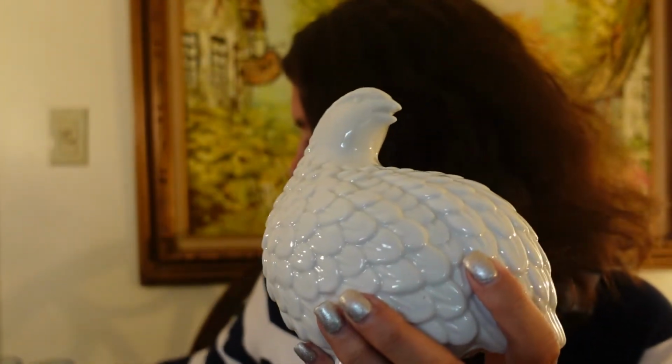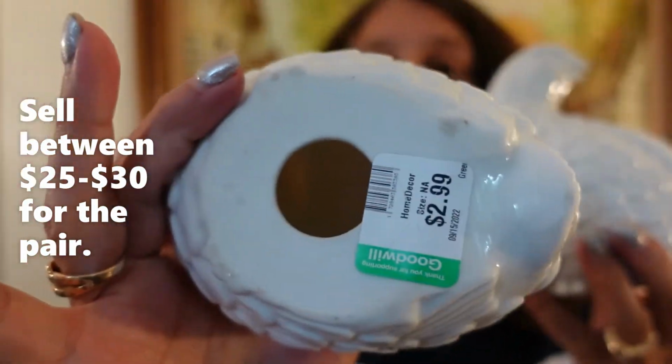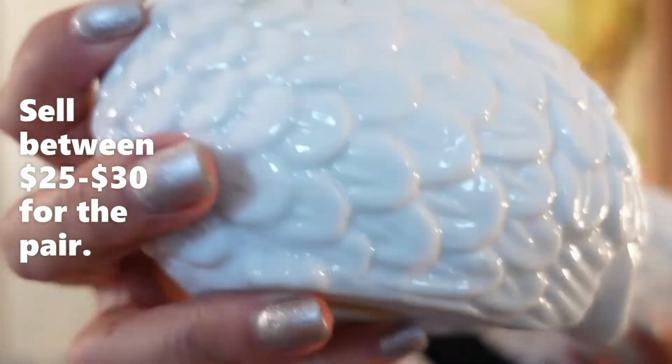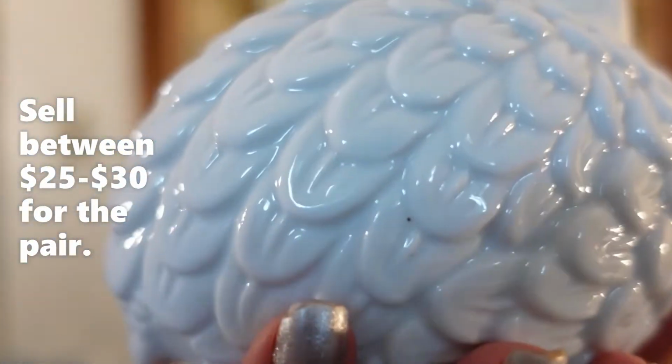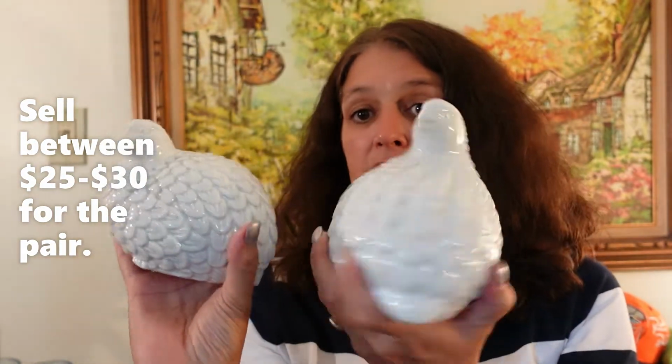And then I saw its mate doesn't have a sticker. That's what makes it hard. I paid $2.99 for each of these. That's the full price. I didn't get any discount on them. But it has the same pattern. I am going to sell these as a pair. Anything that's vintage I list on my eBay and then cross post to my Etsy. So everything on this side, all the glasses and the vase, are all going to be on my Etsy